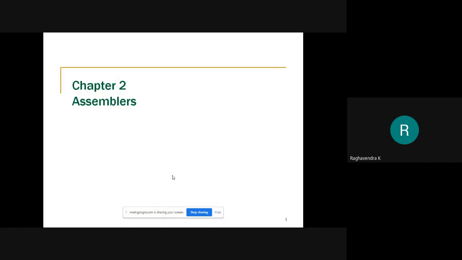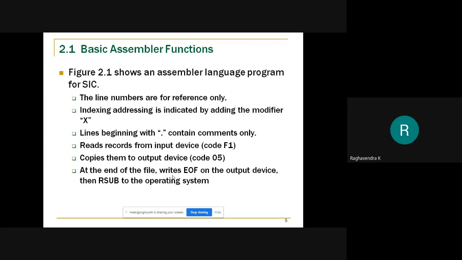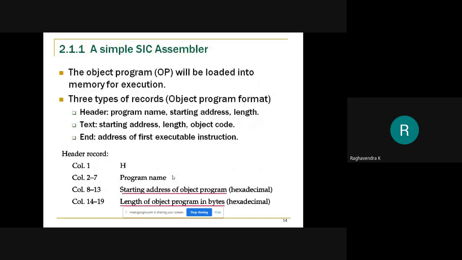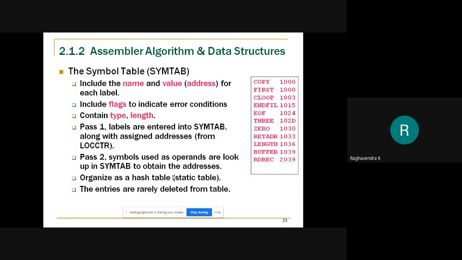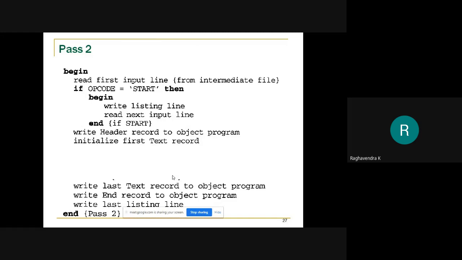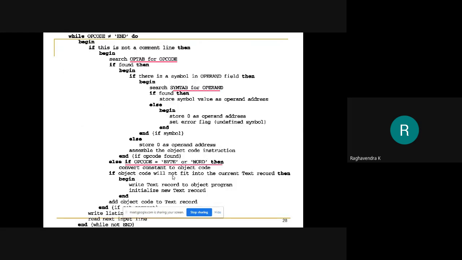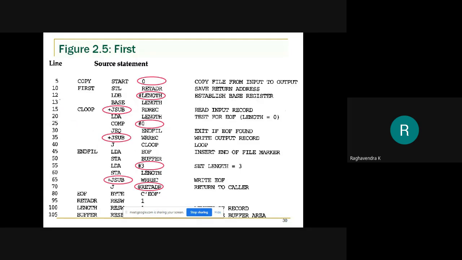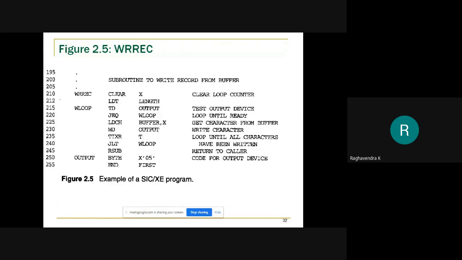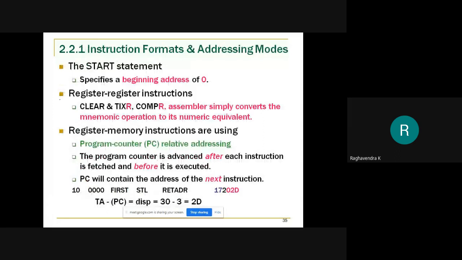Okay, so in our last session, we were discussing the machine dependent features of assembler, where we have seen how the extra features provided by SIC/XE can actually change the process of assembly. So we had considered different types of addressing modes. We had considered different types of instruction formats in order to assemble the instruction. So the process was completely different from the SIC standard model, right? So we have seen how the program gets assembled and written as an object program.